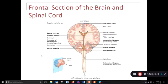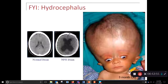Here is a frontal cross section for you. You'll see that there's the choroid plexus, the lateral ventricles, the 3rd ventricle, the aqueduct of the midbrain, the 4th ventricle, and so on. You'll notice that there are some areas that are very thin and very short that can get blocked off, and that's no good, whether it be a congenital issue or something just broken off. If it's a congenital issue,